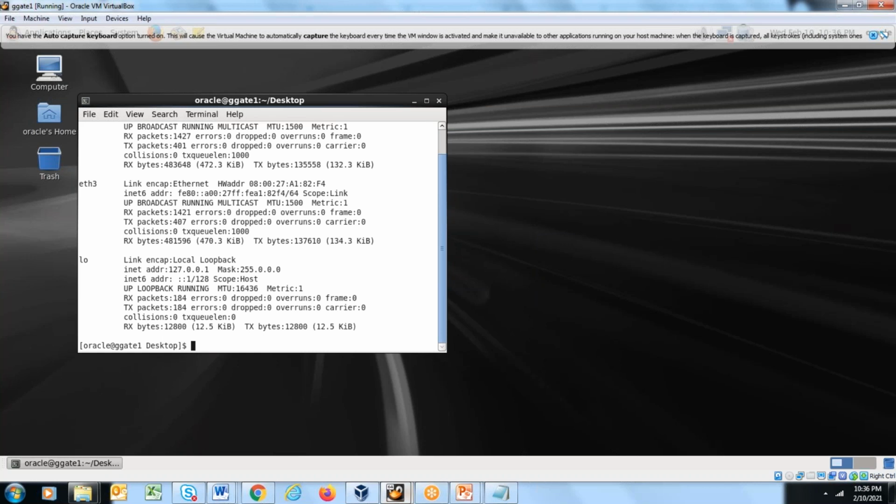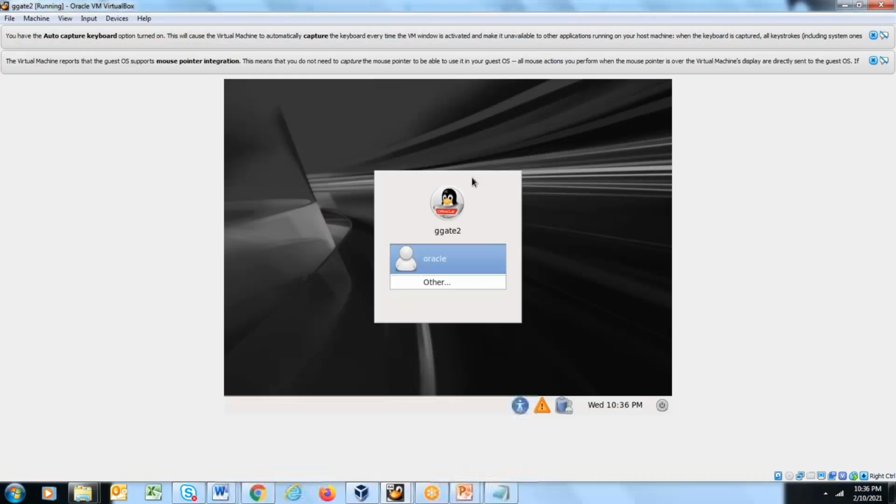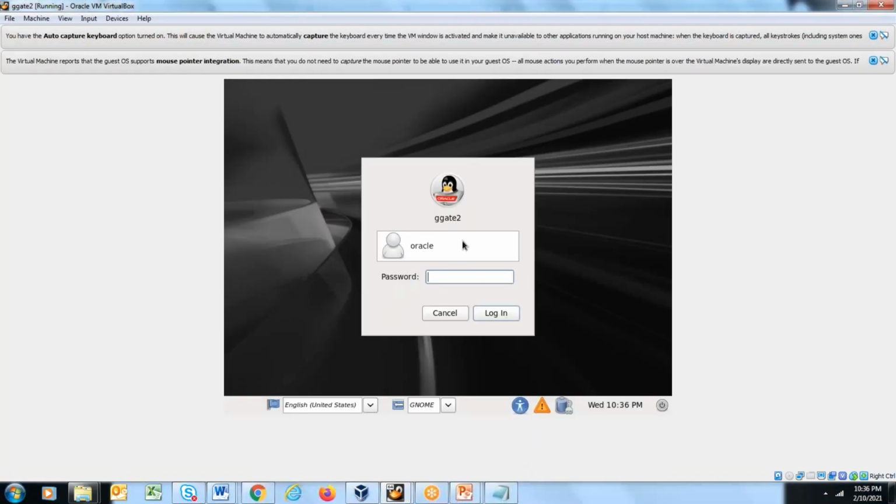On gget2 you will need to change the hostname, because you are cloning, so initially it will be gget1. You need to log in as root and go to vi /etc/sysconfig/network.